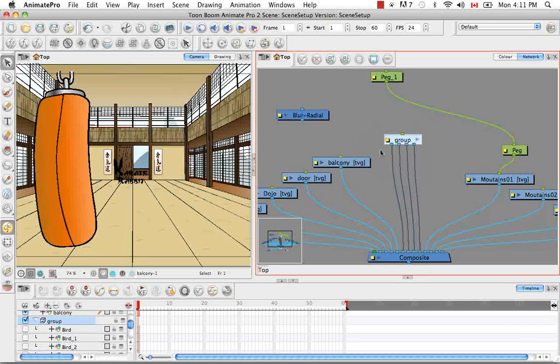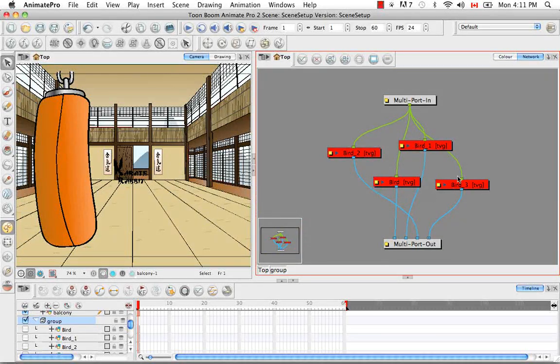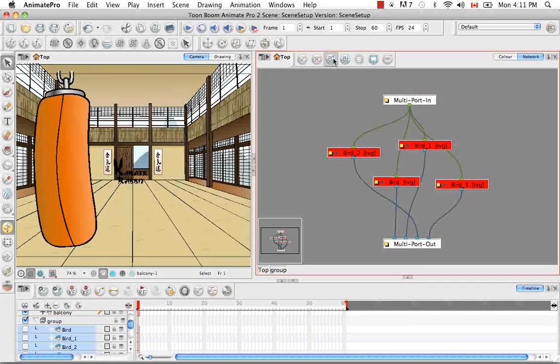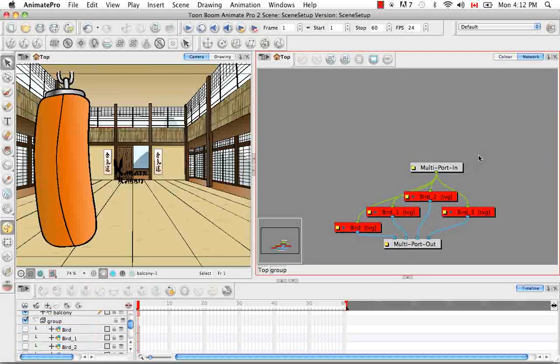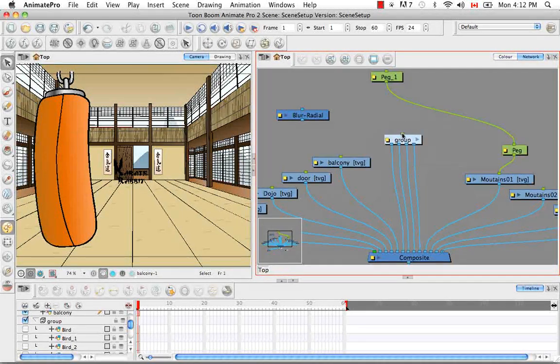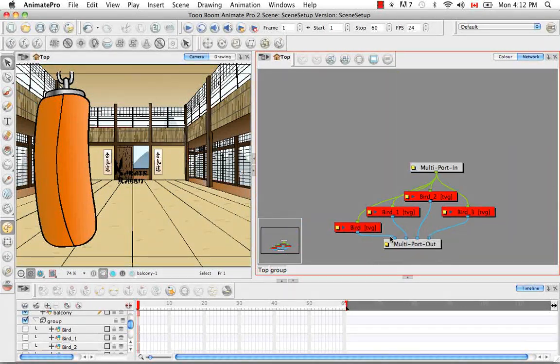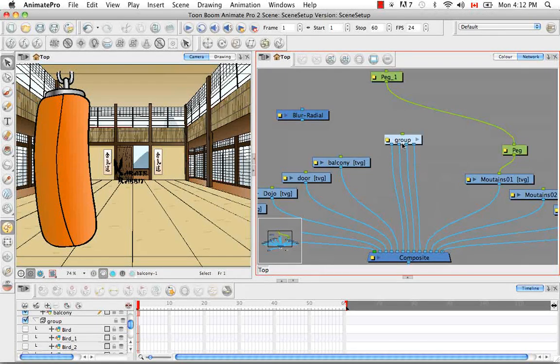However, as we see here, this group has these 4 wires coming out, and we know why this is. If you enter the group, we'll see here, let me just organize these, that it's because there are 4 elements in this group which are all being put directly through the multi-port out. And of course the multi-port in is what gives us this little green node here at the top that accepts position and movement information,